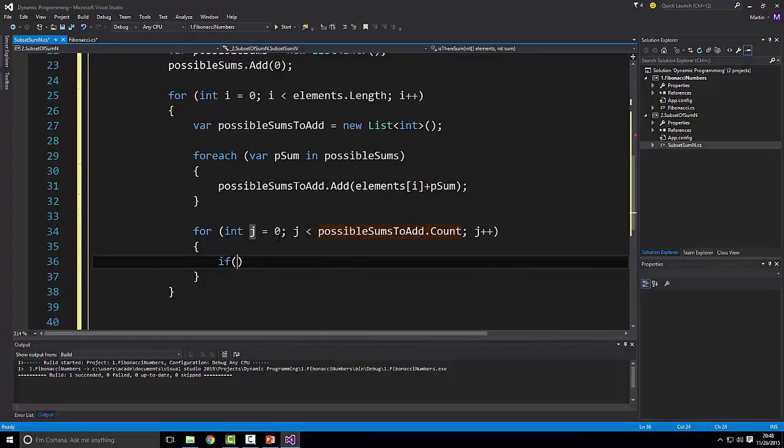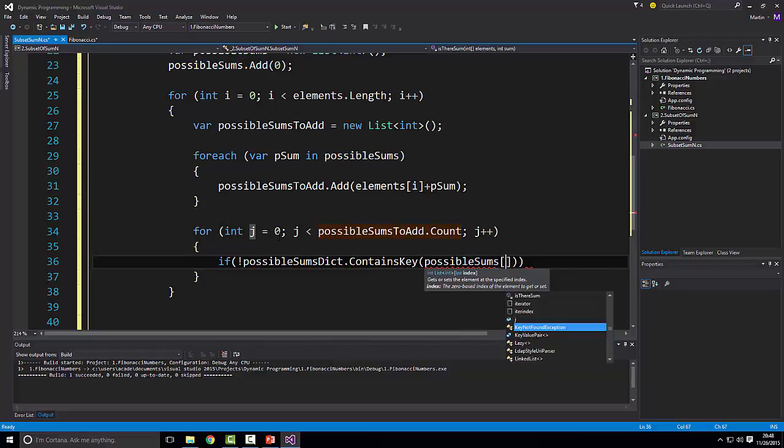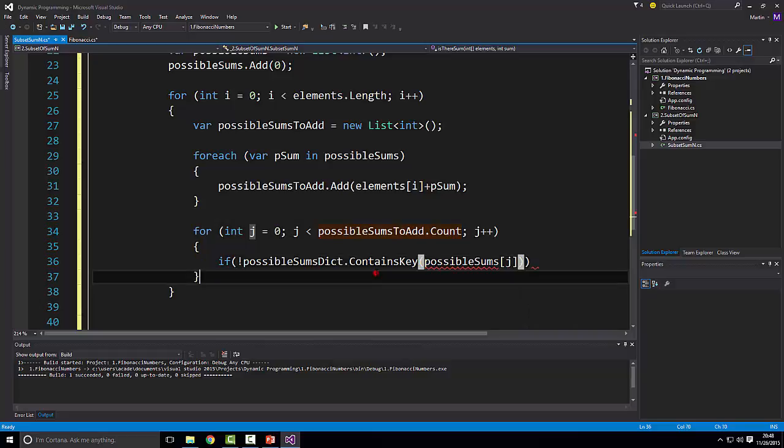So if it's not already possible sums dict dot contains key of possible sums of j. Okay, so what does this thing say? So if this dictionary does not have the current sum, and please note that when we access this, we are going to get either true or false. So if it's false there, then this means that we don't have this value yet. Yeah? Or,